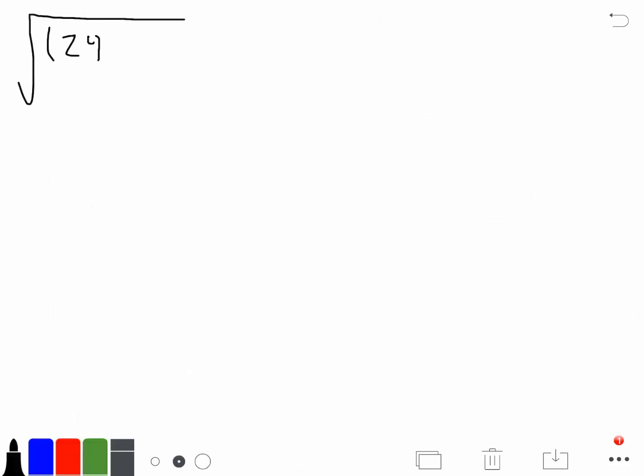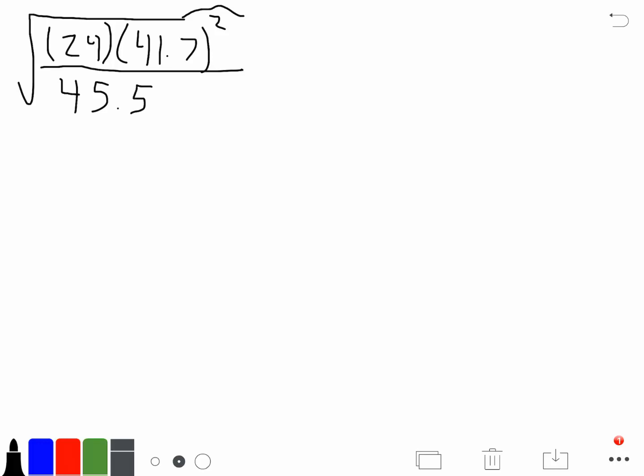So we still have on top 25 minus 1 is 24 times 41.7 squared. But that chi sub 0.005 squared, when we looked in our table, we found to be 45.559. So that's less than sigma, which is less than square root 24